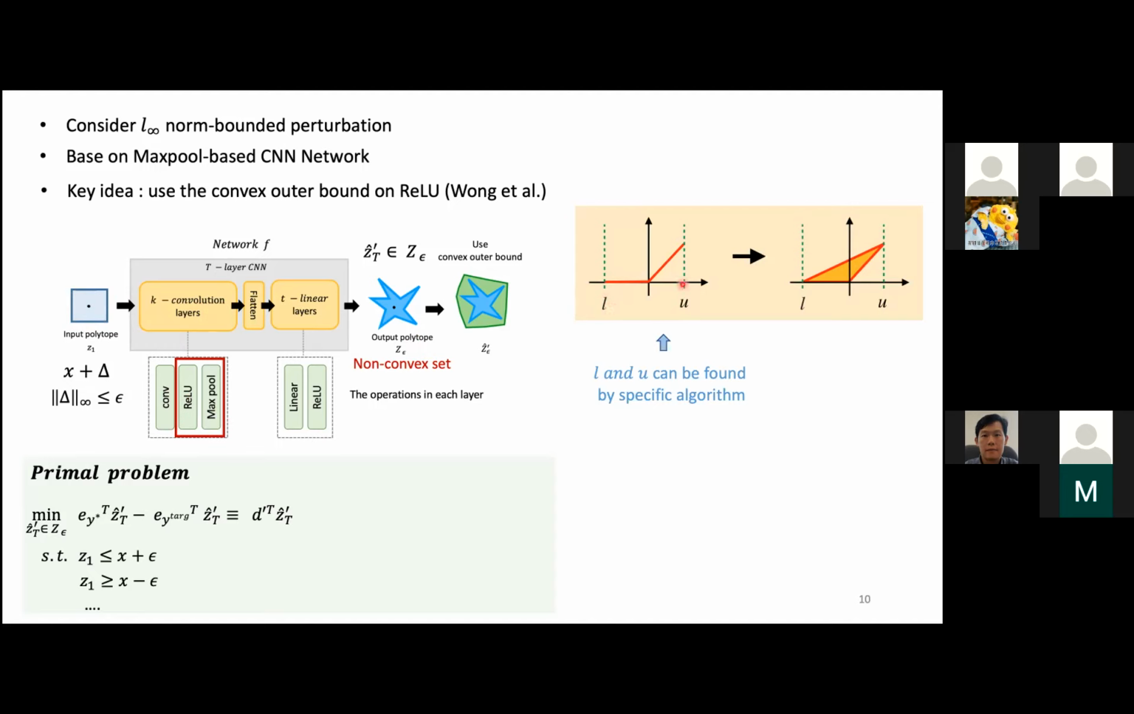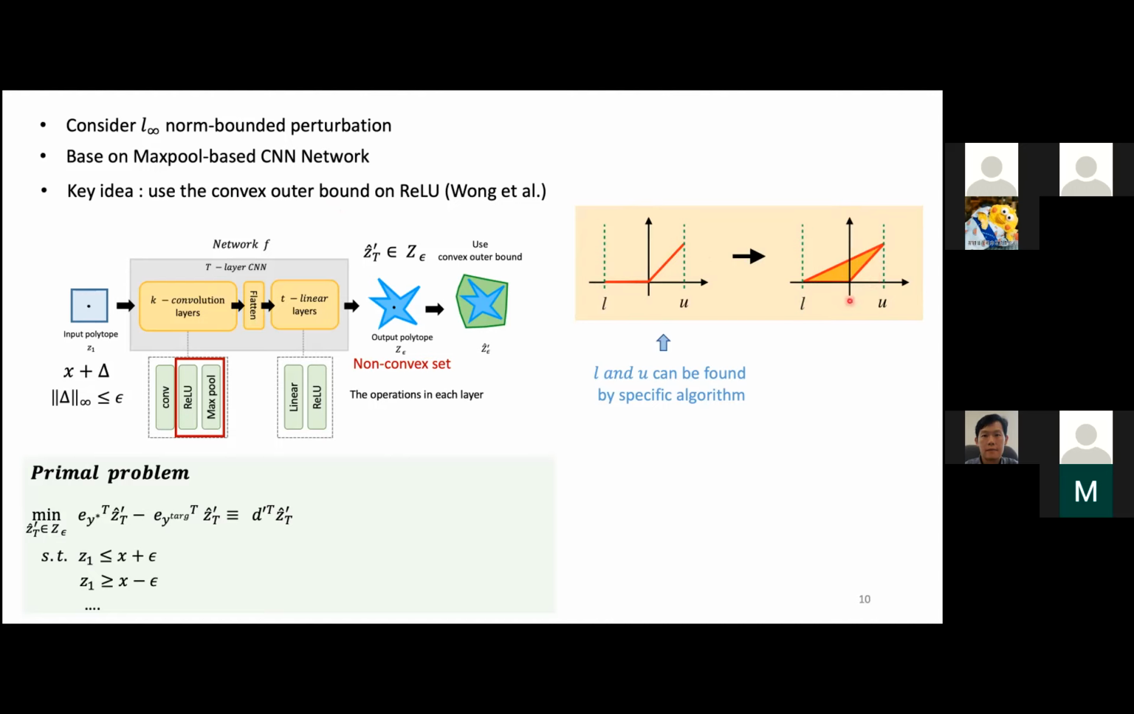So here we have a node that is output from the convolution and prepared to apply the ReLU function. We can see that its output set is a non-convex set like this red line. So one uses the convex outer bound to make it a convex set. They use three bounds to envelope the ReLU function like this, according to the upper bound and the lower bound. And this time we can see the output set is like this yellow region, so it's a convex